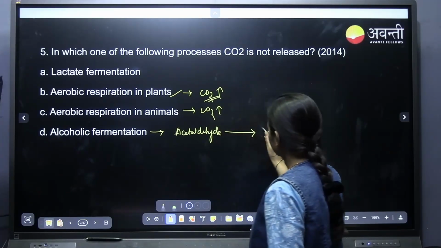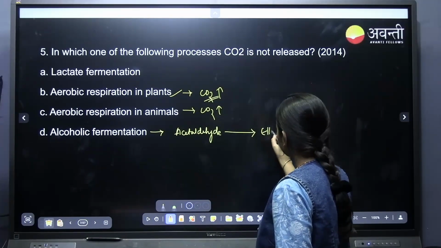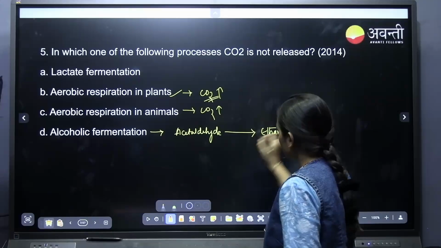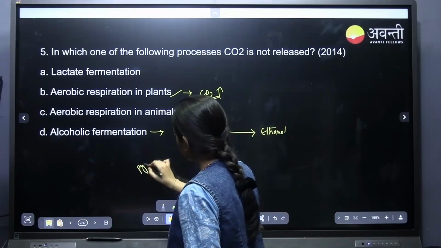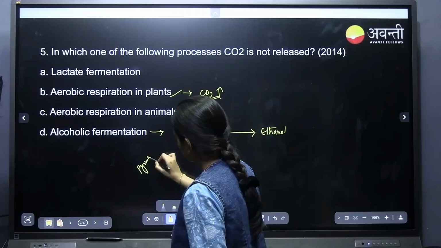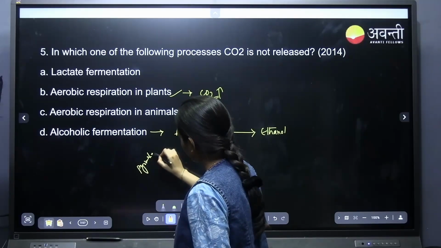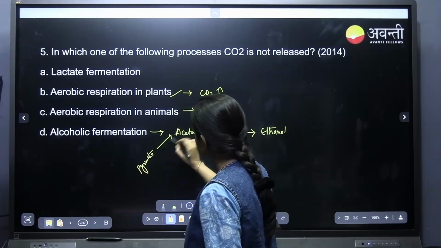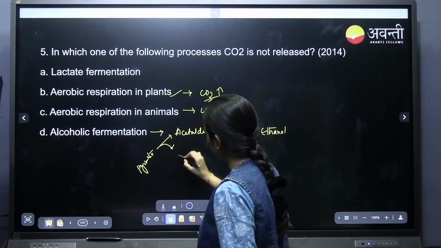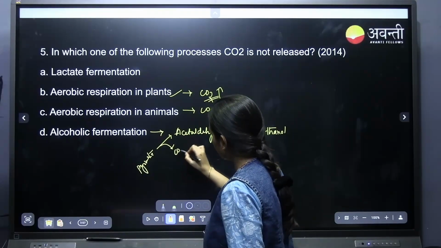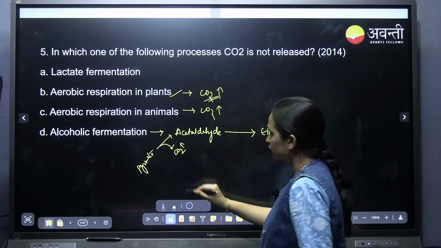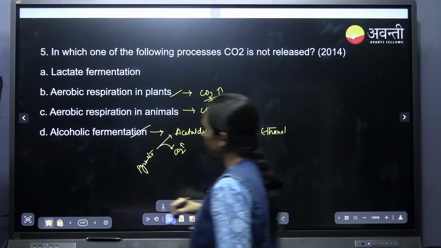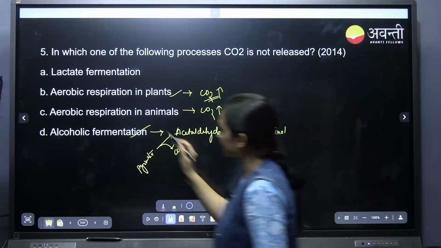will be converted to ethanol. Before that, pyruvate is converted to acetaldehyde, where decarboxylation takes place, that is, CO2 will be evolved. So alcoholic fermentation also evolves CO2. Only in the lactic acid fermentation,